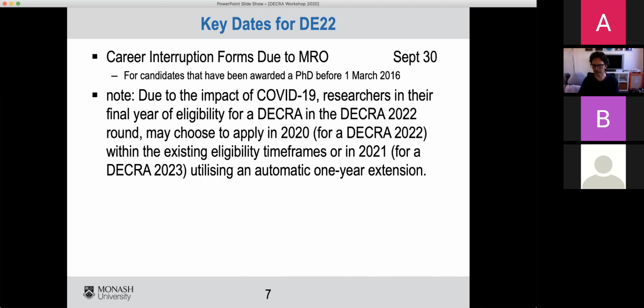How long would the interruption have to be? For May, 9 months or so. About 9 months, yes. So there are a series of circumstances that are documented on the ARC webpage or in the funding rules about what different events qualify. Some are based on illness and things, and they might need to be documented in a different way, but for moves and things like that, there are standard periods which apply. So it's worth making sure you know the ins and outs of all of those to check. Yeah, because I'm feeling like I've kind of missed the boat here. Okay, I'll have a look.